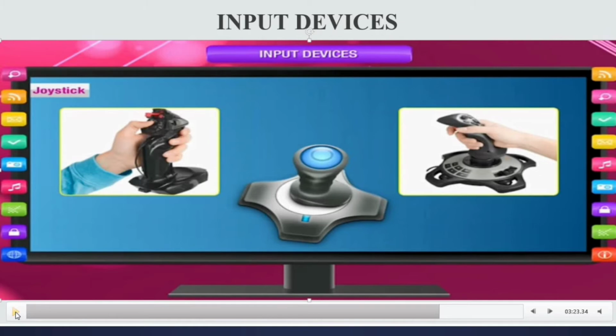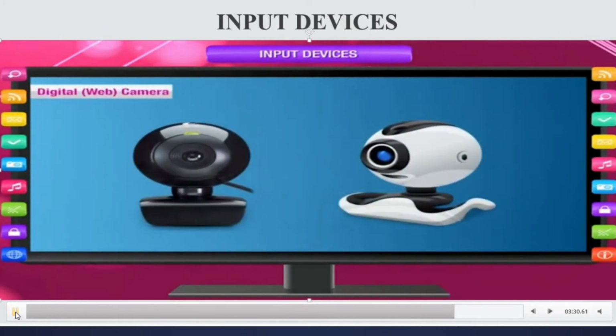Why am I saying that it is a control device? Because whenever we play a game, we have to control our player in the game. Yes, we have to move up, down, jump. We have to do different operations. We have to control the player in the game. So that's why the joystick is an input device, and it is called the control device, right? We can move the stick in different directions also.